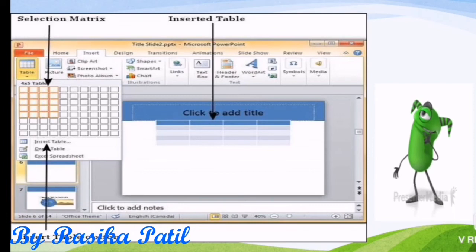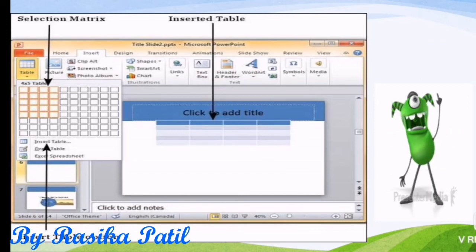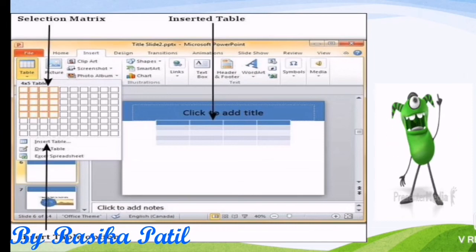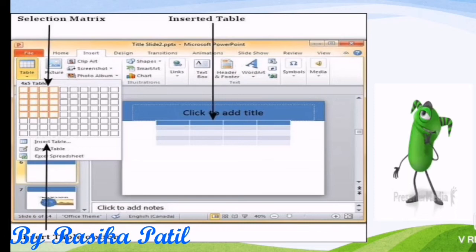So once you have clicked on the Insert Table option, what happens? There are different ways of inserting the table. So this screen appears on our desktop, on our PowerPoint.